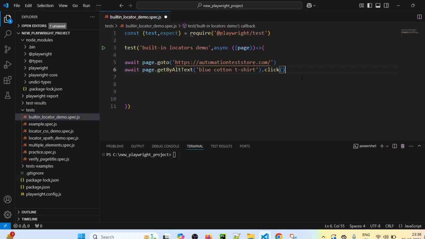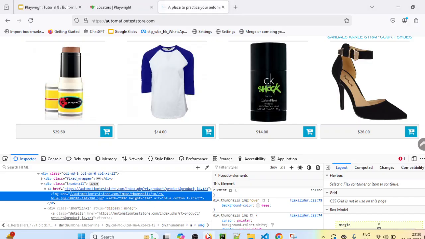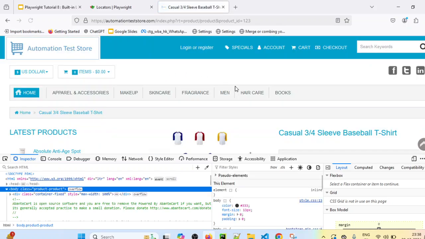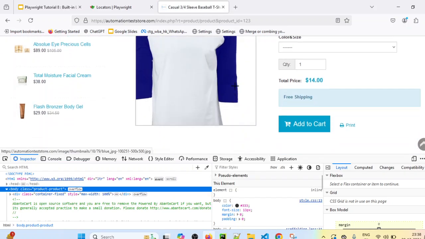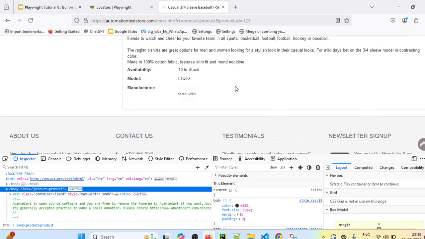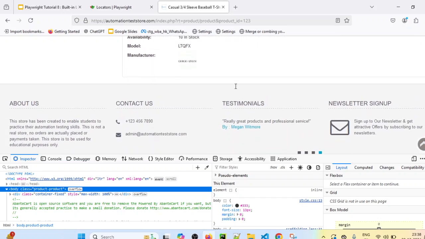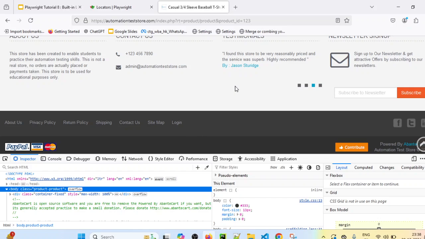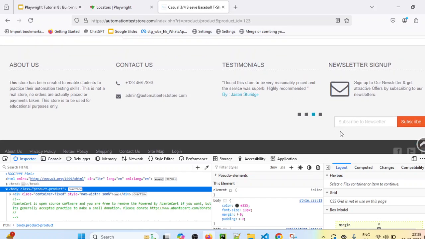Now it will click that image. So if you see now, it will click this image. After clicking this image, we are going to land on this web page. Now what I want to do is, after landing on this web page, if you see